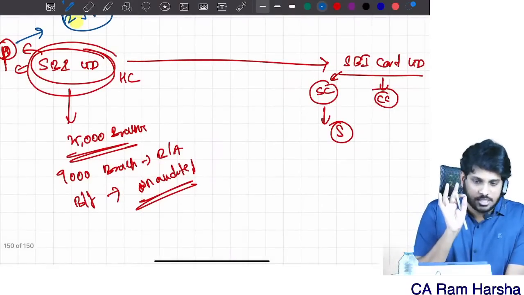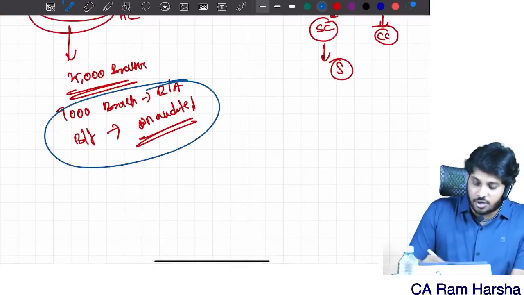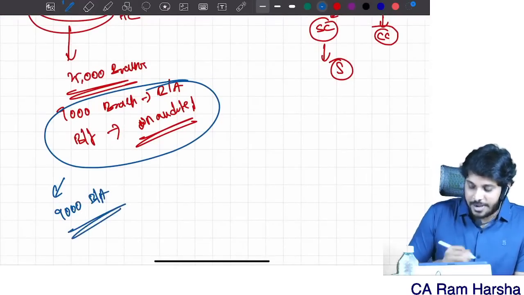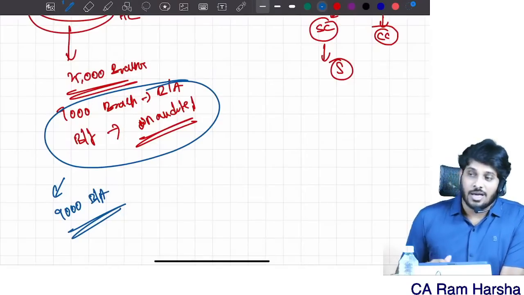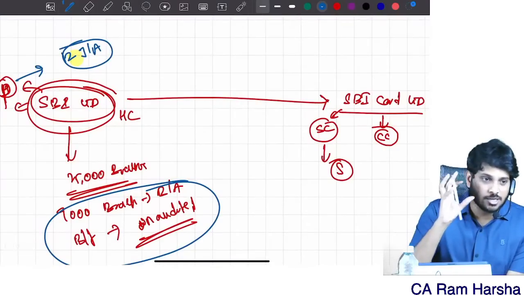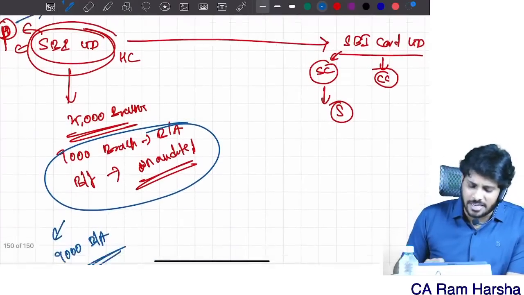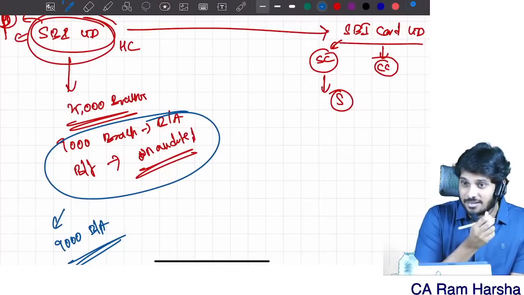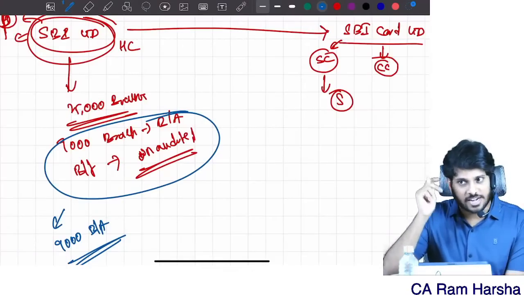Now, these 9,000 branches are audited by approximately 9,000 branch auditors. Now, what exactly is this principal auditor, branch auditor concept about? By the way, State Bank of India will prepare financial statements, right? How many sets will they prepare? Two sets of financials they will prepare.